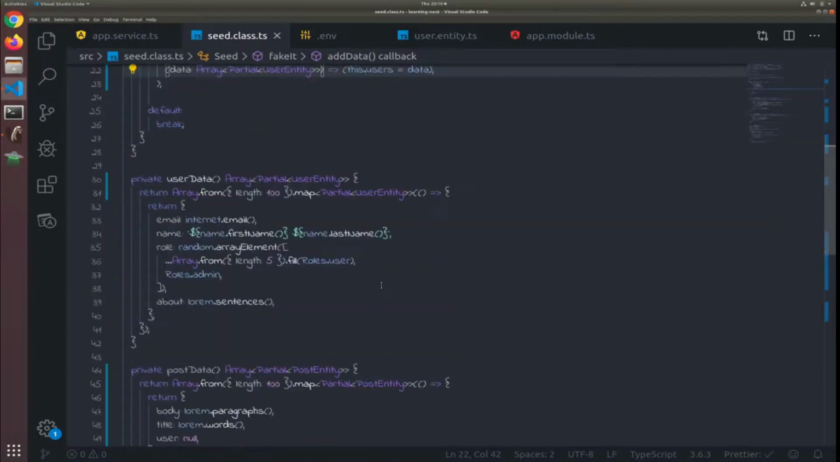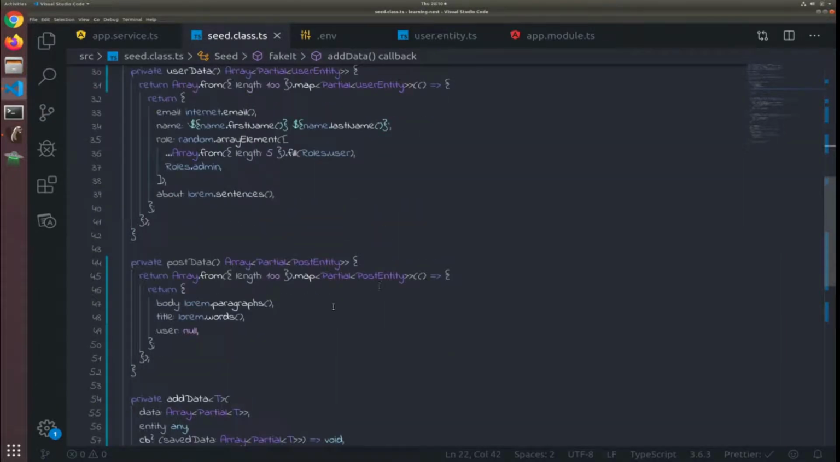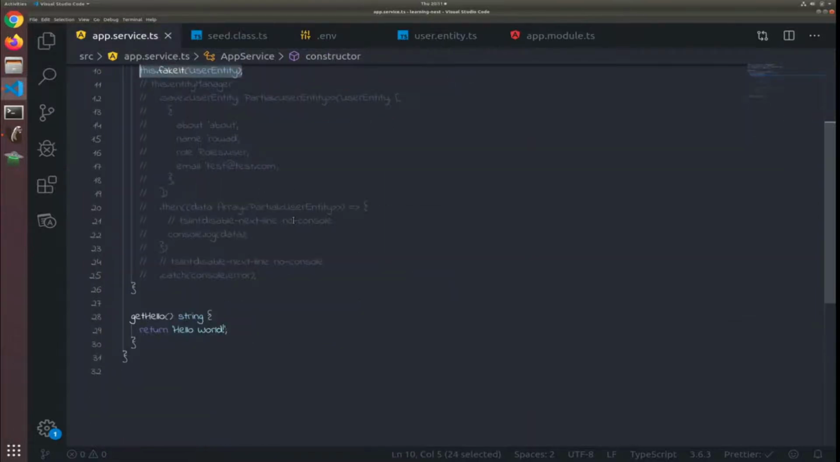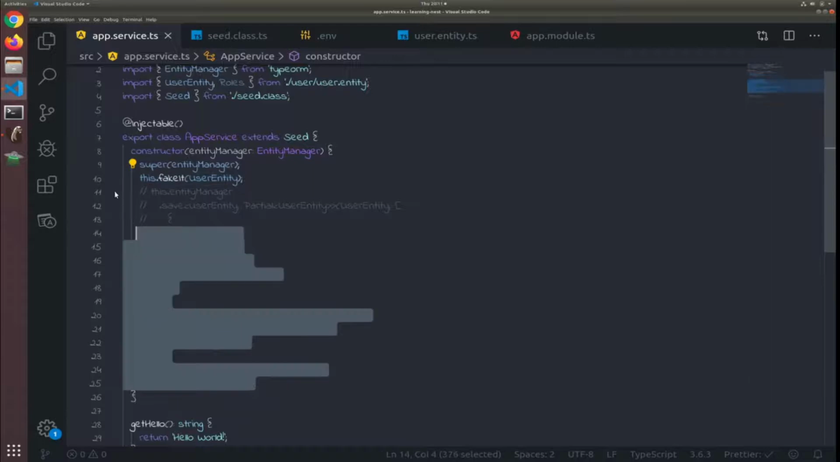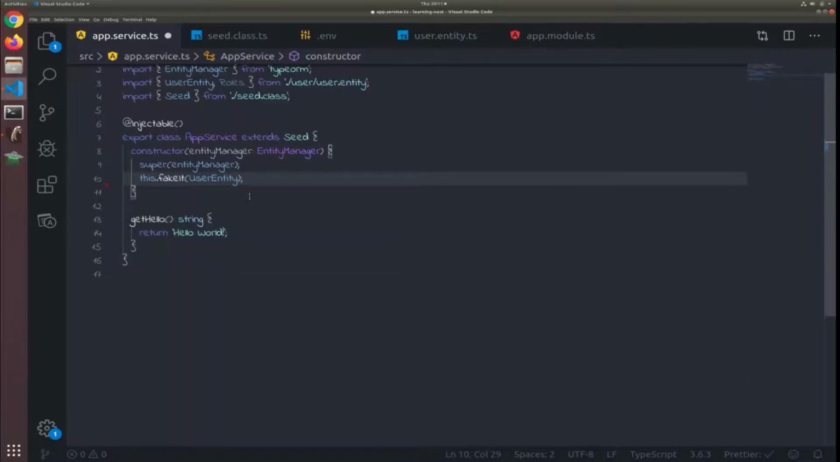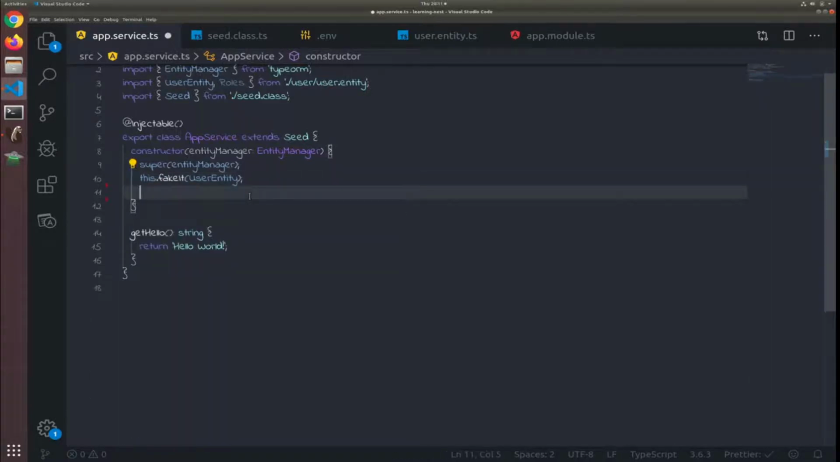And now in the post data, I can type random dot array element and pass to it an array, which is the this dot users. Yeah, and what I can do inside the app service, let me just delete all these comments. I will just call this with the post